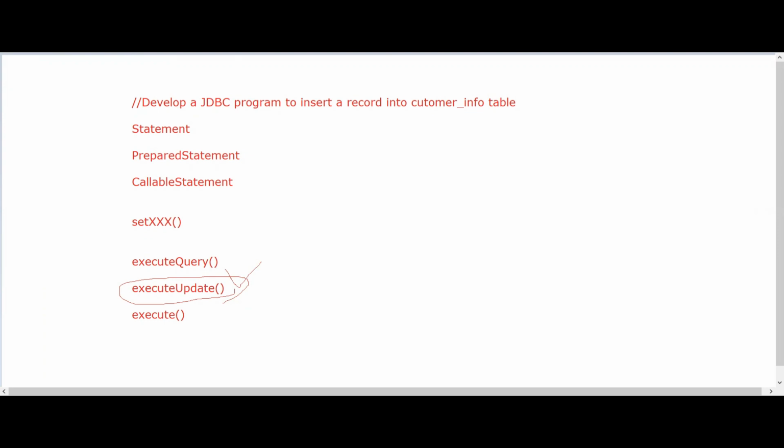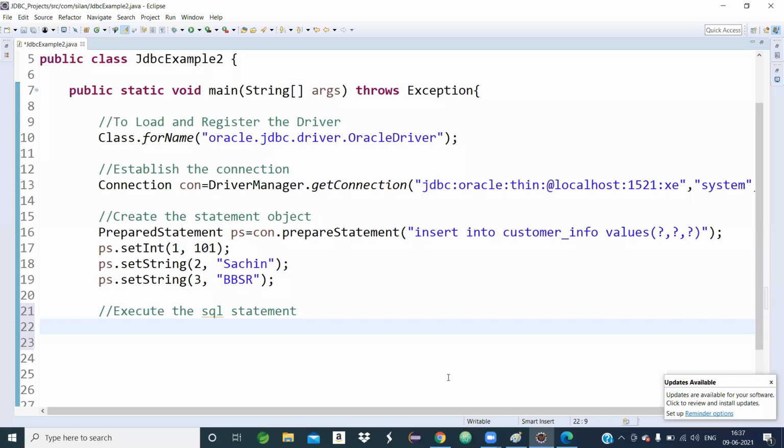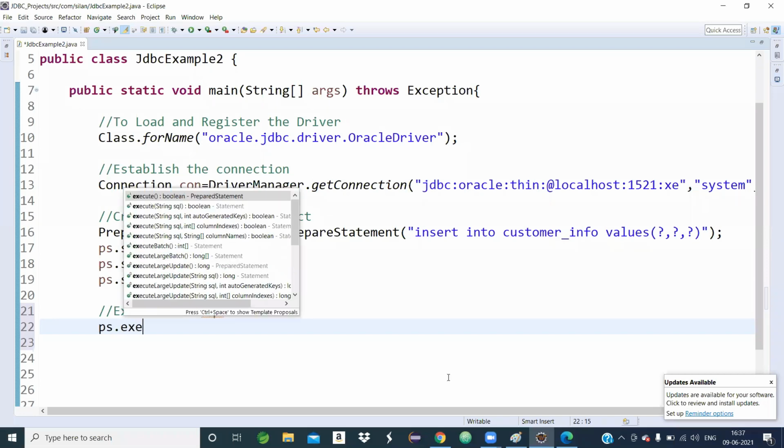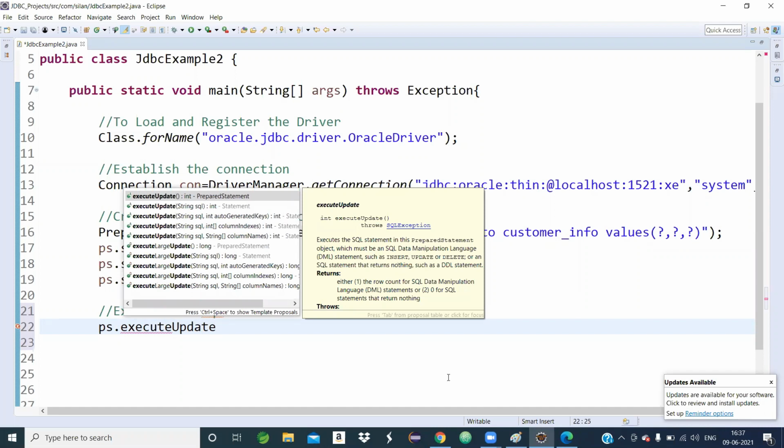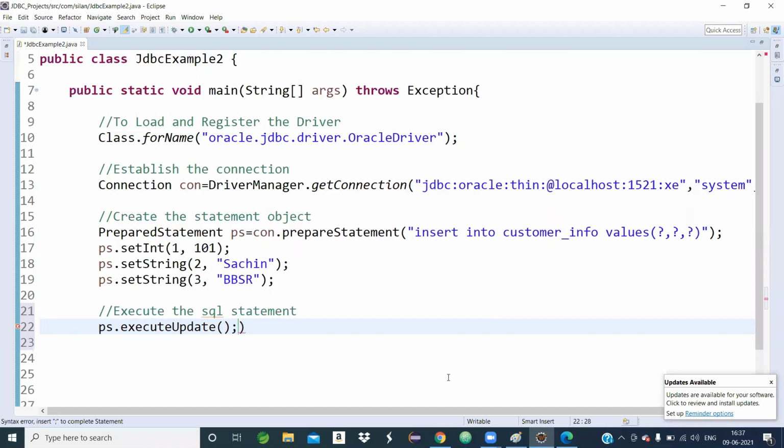Yesterday we wrote that. The execute update method, you have to remember, returns an int value. Suppose I write ps.executeUpdate, it will return an int value.